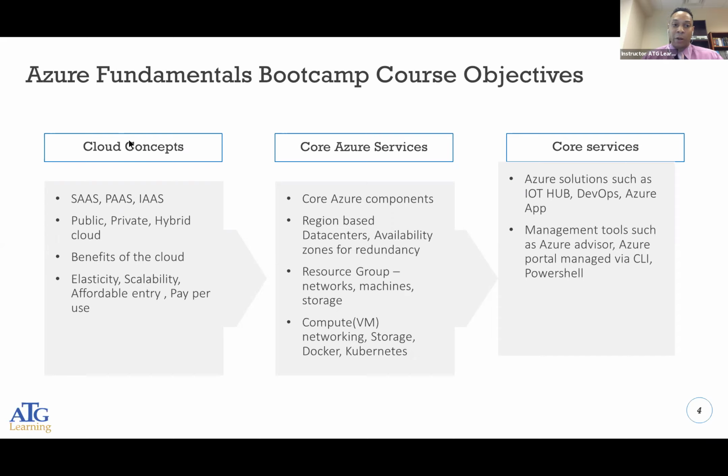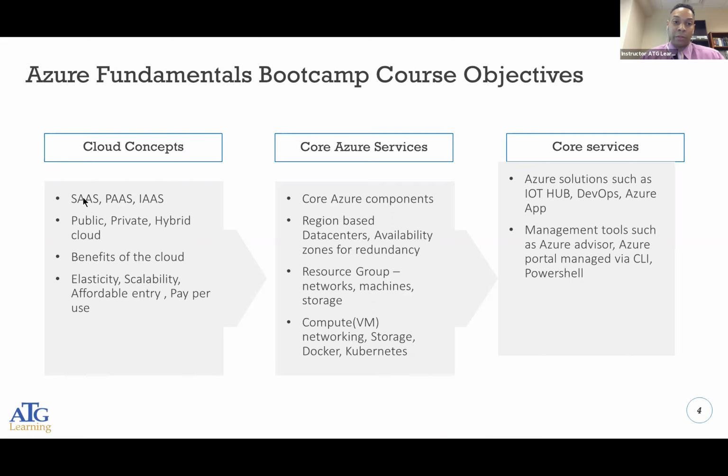And Microsoft says, hey, we offer SaaS, we offer PaaS, we offer IaaS. You have to understand what these are, and how can my specific organization use these? Because you're going to be responsible for understanding some of these fundamental concepts. So SaaS stands for Software as a Service, which basically means that, hey, I'm calling Microsoft and I need them to offer me a specific service. What type of service does my company need?